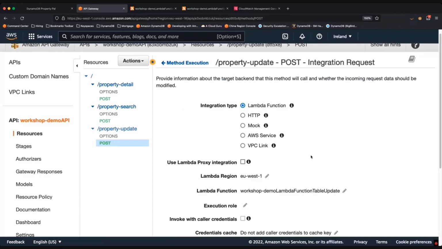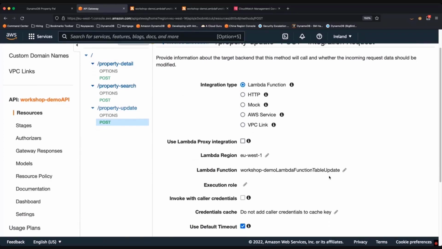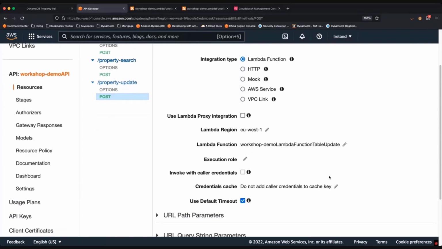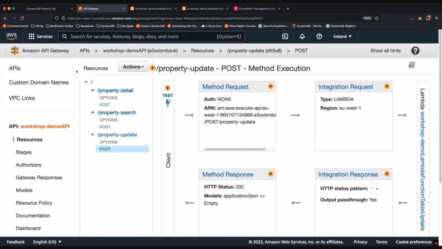This is just going to show that we're using a Lambda function in the back end and that we pass everything through to that Lambda function. Everything else is left as default. So if we go ahead and test that,